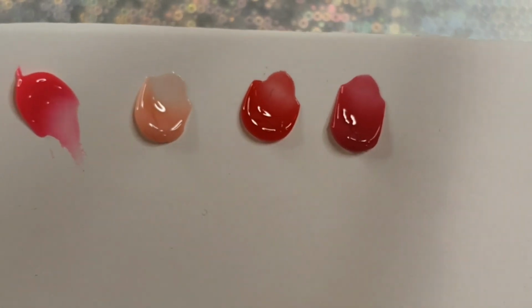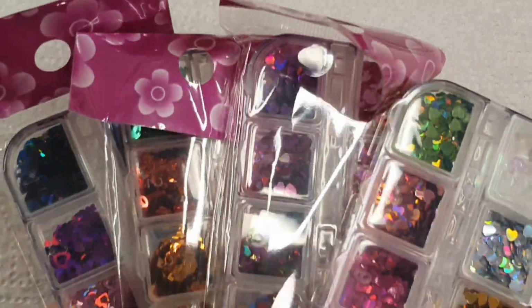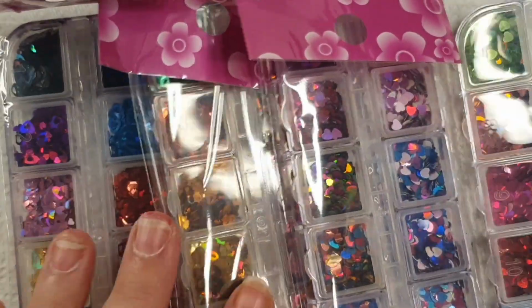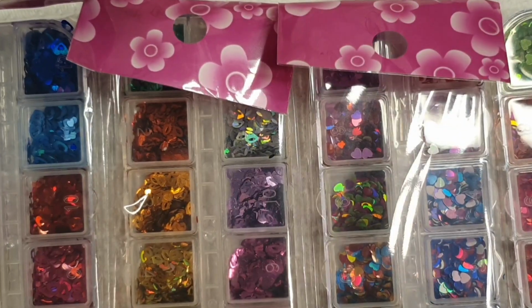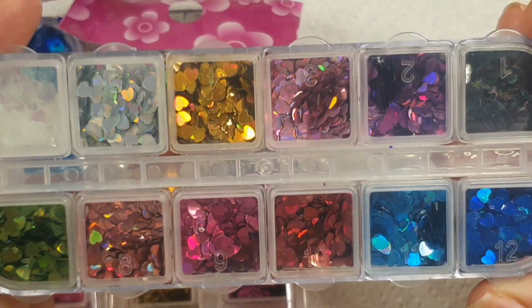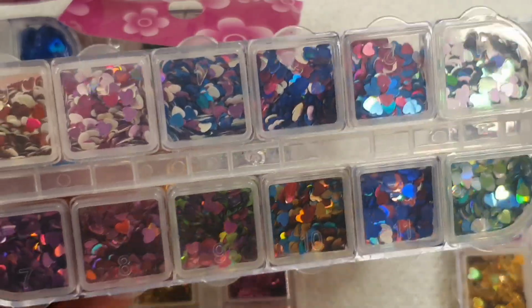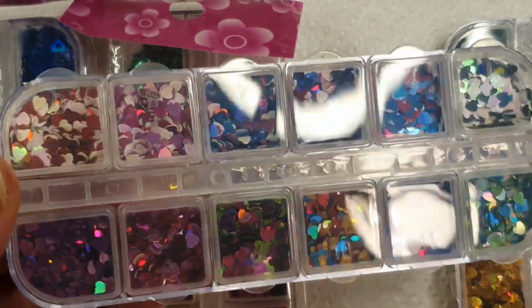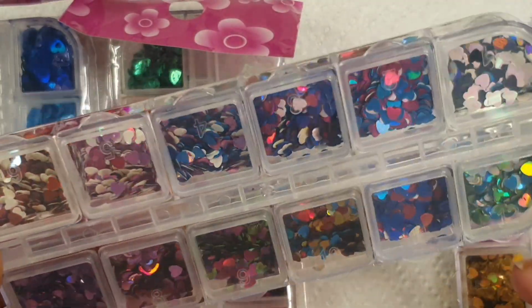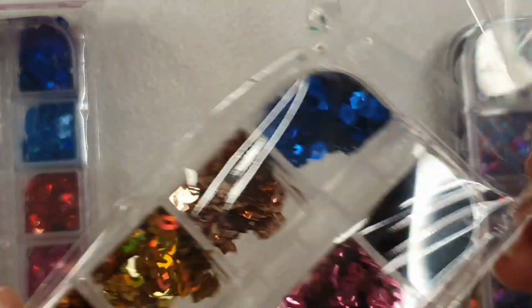But this colour palette here is absolutely stunning. You get a nude, and also a variety of different Valentine's Day colours. I also bought these the other week on Amazon, and it's different hollow hearts. You've got hollowed hearts, hollowed lips, a mixture of hearts and hollow and matte hollow here, and then some hearts with the actual middle cut out, and they're hollow as well. I thought, I don't have many